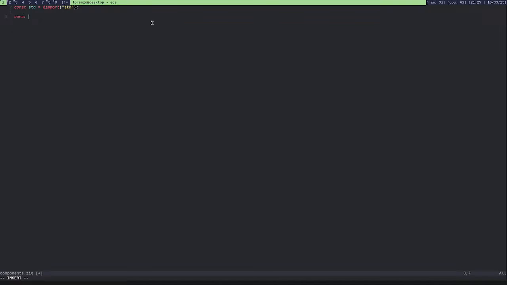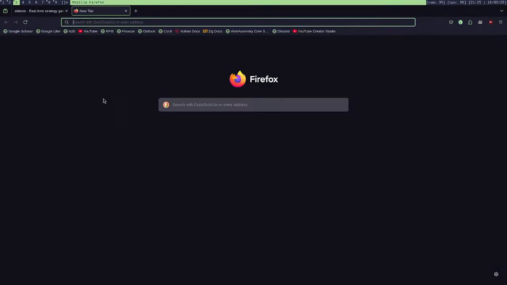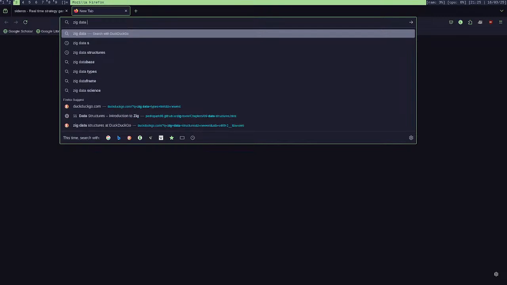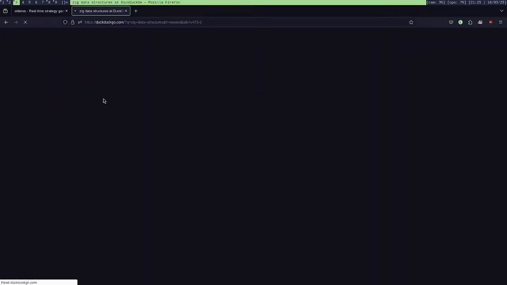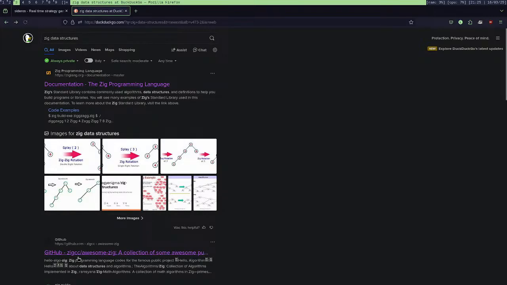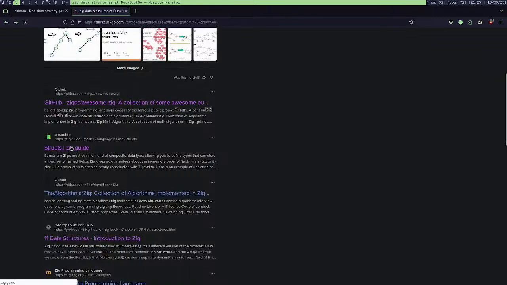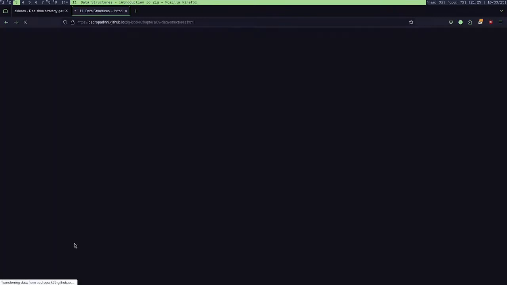So I will create the new structure, which is the sparse set. And the sparse set is just a struct containing two vectors. And Zig has vectors directly in the standard library.